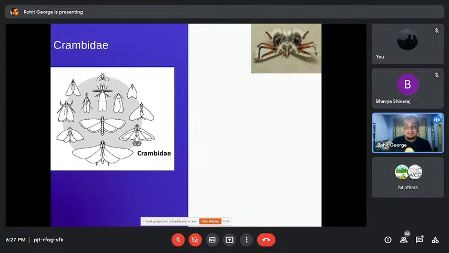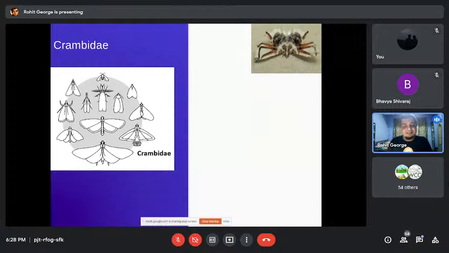So this is one example. This was a very interesting moth which I found in 2012. It was actually discovered in 2009 in Malaysia, and then in 2012, I was lucky enough to find this in Meghalaya in India. This is called a spider moth because it's believed that it mimics a spider. Both the way it moves and the markings on its body look like spider legs. So it's believed that by its markings, it scares away predators, thinking, oh, it's something that could attack it.